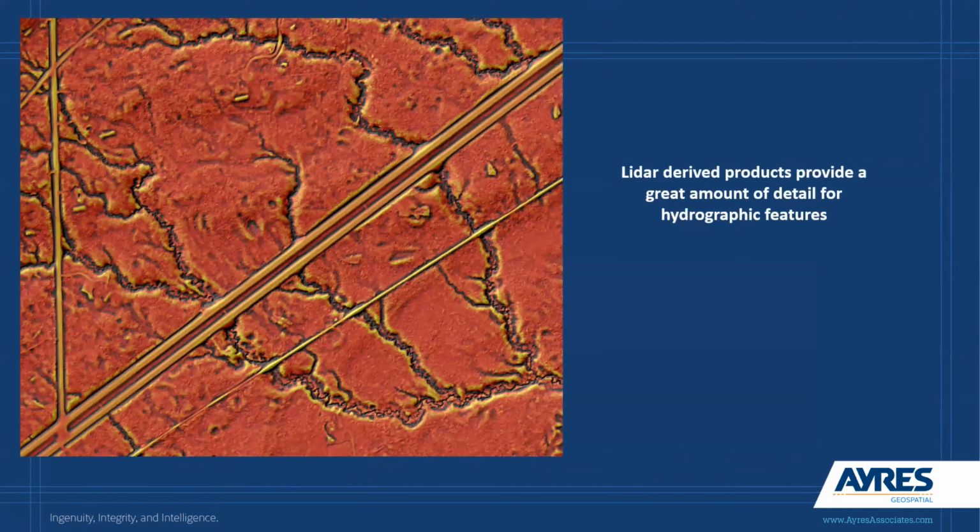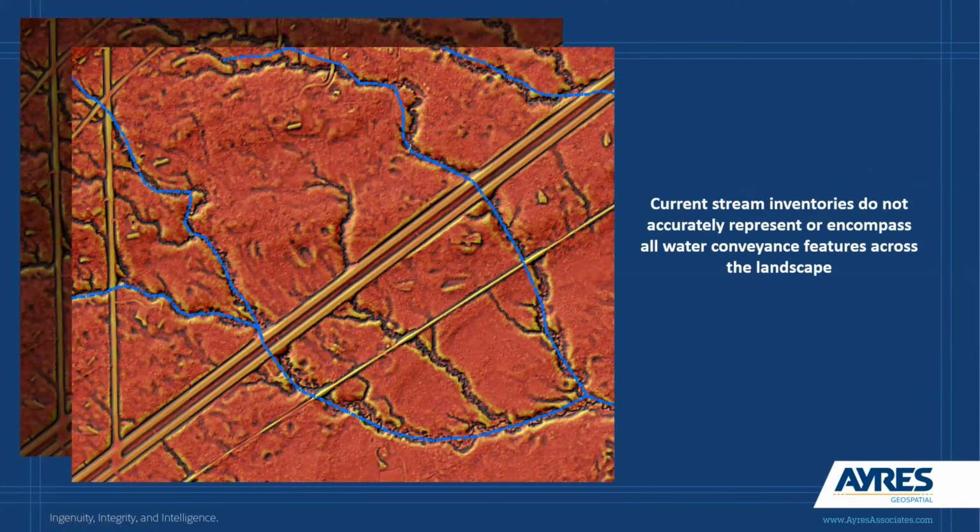And here's that same image. And again, we can see quite a bit of detail. Even in the southern reaches, we can see those meander bends really well with this product. And so again, what we want to highlight is that the current inventories that are out there for stream and river center lines don't accurately present the hydrography well. They don't encompass all of the hydrography features,